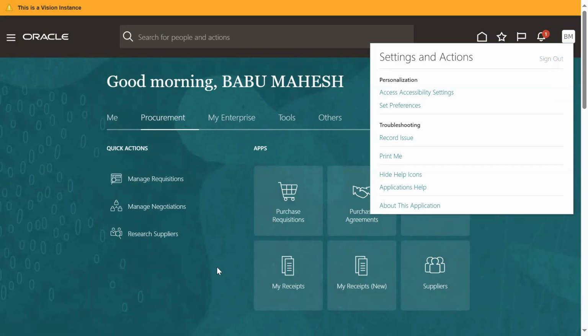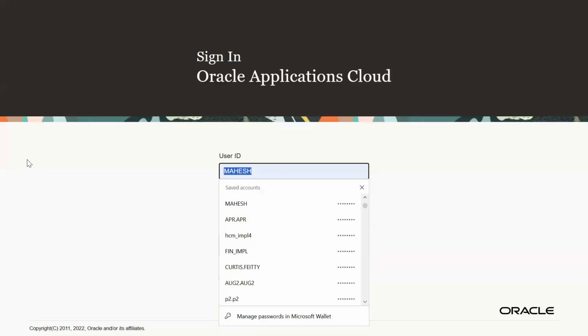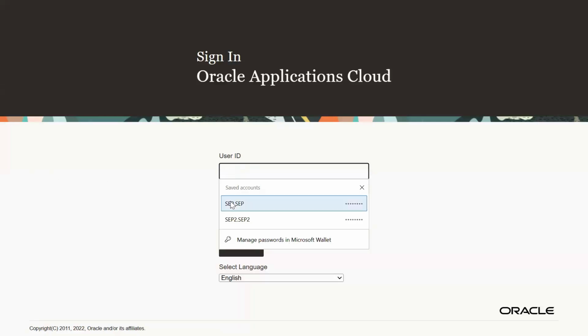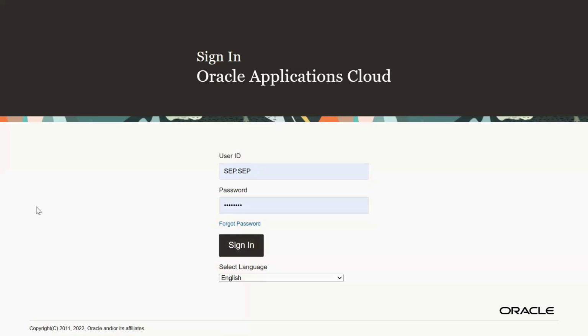I think in this instance, there is some issue with the roles. Since it's not getting refreshed, let me cross check once again which role we assigned and how we did data